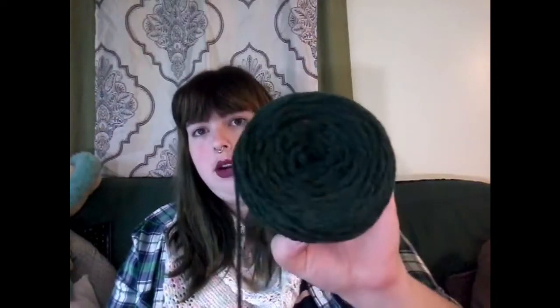I'll start with my oldest work in progress, which if you remember from a million of the podcasts, there's this green yarn that I've been working on making into a sweater since January. And I got one sleeve done because Rebecca,